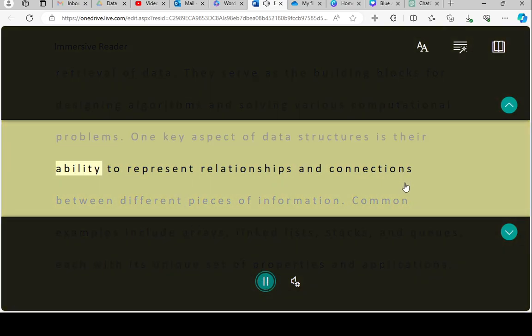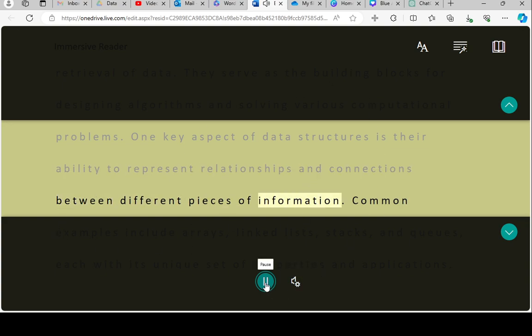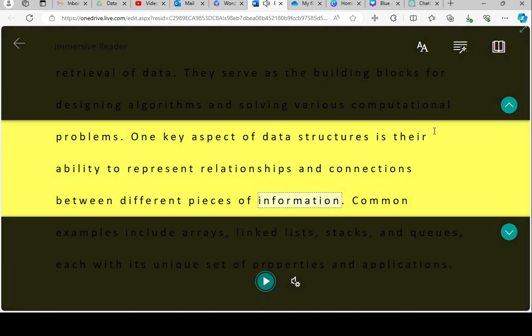So when I will, their ability to represent relationships and connections between different pieces of information. Structures is, so although here it is not first I need to change the document in that language, and then I can apply